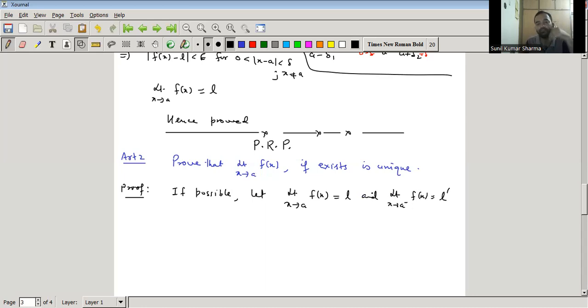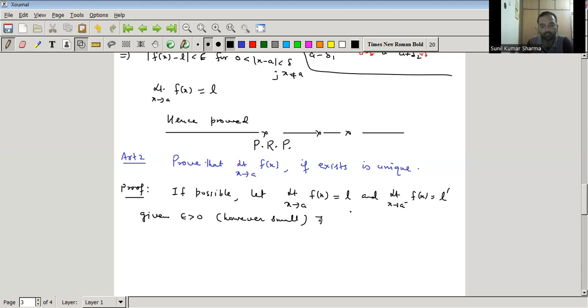So we take the case where the limit of the function exists, but it is not unique. Not unique means it is more than one. So more than one means let it be two; it could have two, three, and so on. So let it be two. We take L and L dash as the two limits of the function f(x) at point a. So given any epsilon greater than 0, however small,